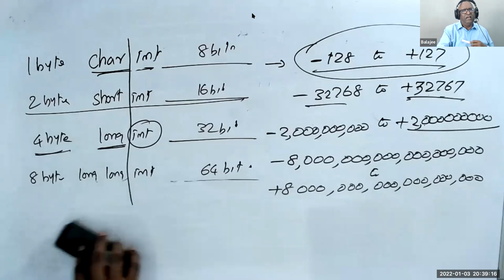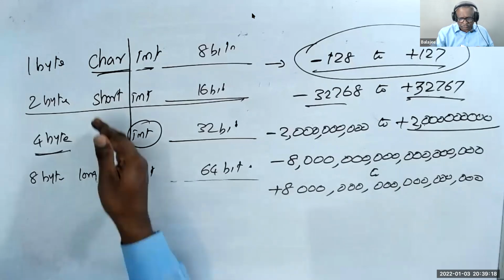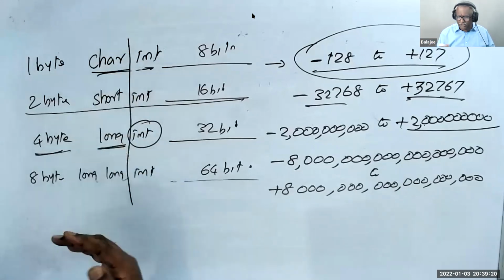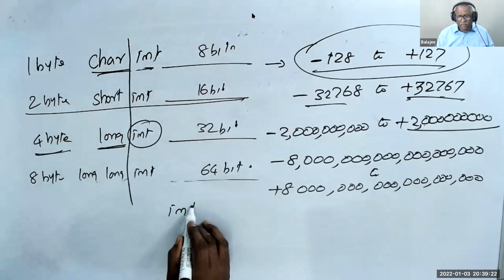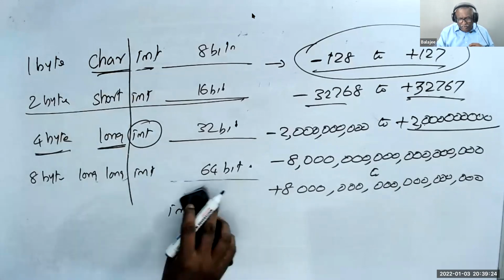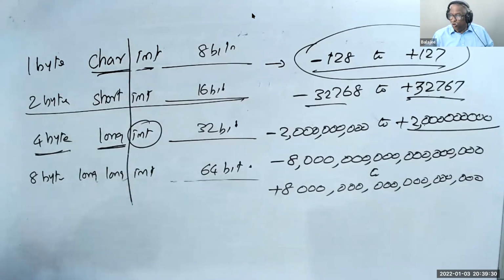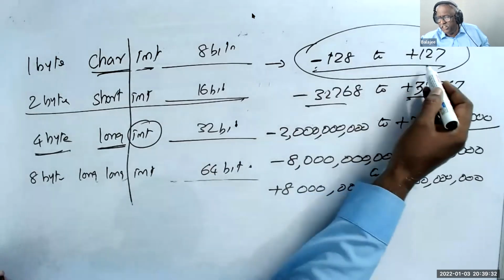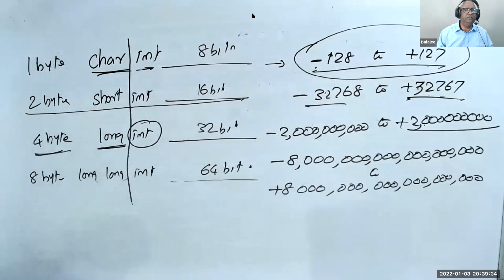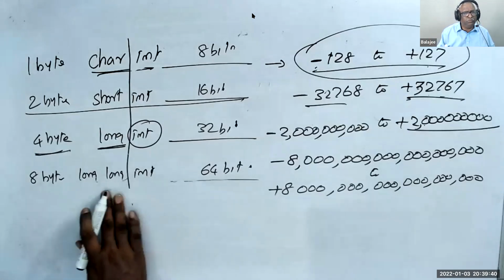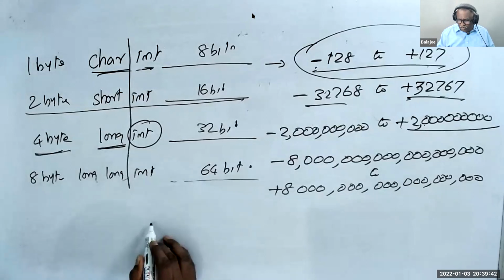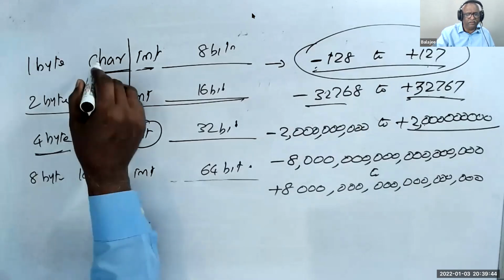But I request you to use long or short or char, though you can use int also. All of them are integers only: char int, short int, long int. But I told you this is minus 128 to plus 127. If you want whole numbers, then you can do a small thing here. If you put a word before this char,